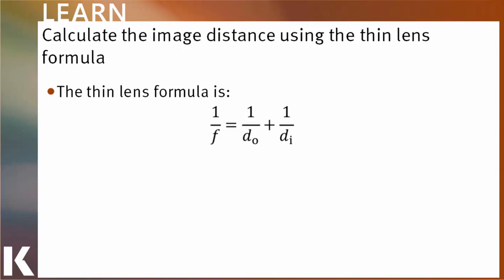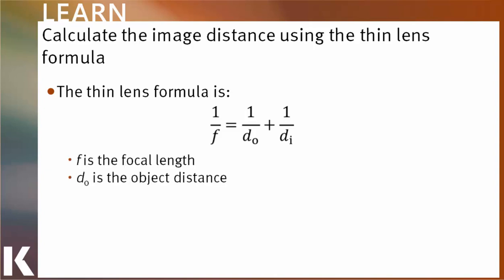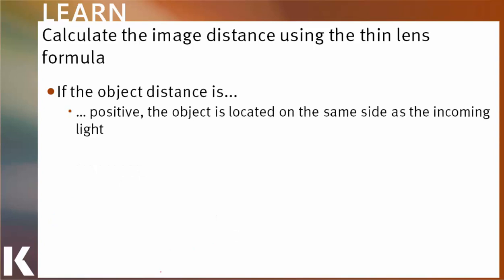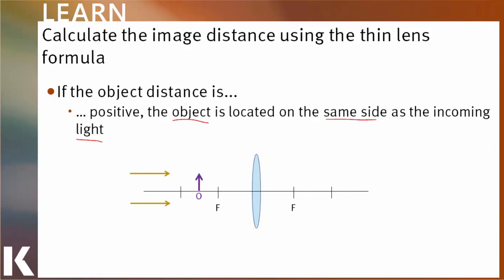as well. So in this equation, f is your focal length, dO is your object distance, and dI is your image distance. And most important, when applying this equation, is using the right signs for the object, the image, and the focal length. For example, the object distance, if it's positive, that means that your object is on the same side as the incoming light. And that scenario would look something like this, where both our object and that incoming light are on the left